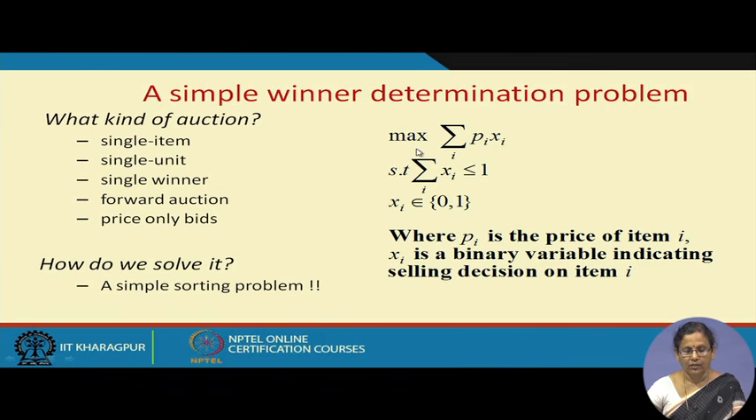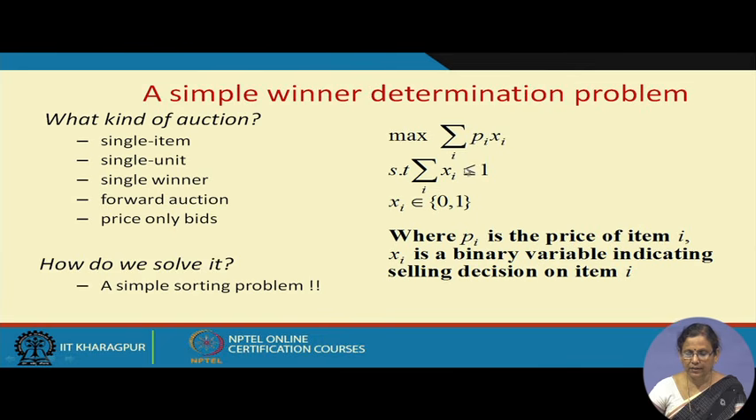Let us say, what is my problem? My problem is to discover who is the winner who pays me the highest value. Naturally, it is a sorting problem. I will be sorting all the price bids and whosoever gives me the highest, I will be choosing that, but there is a mathematical angle to it as well. So, what is that winner determination problem? The winner determination problem is that I try to maximize my sales revenue,